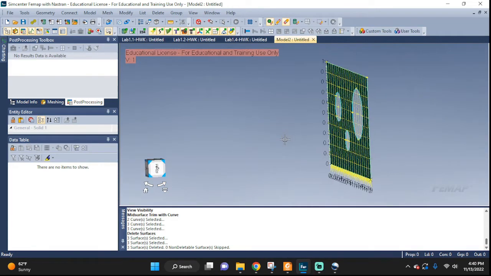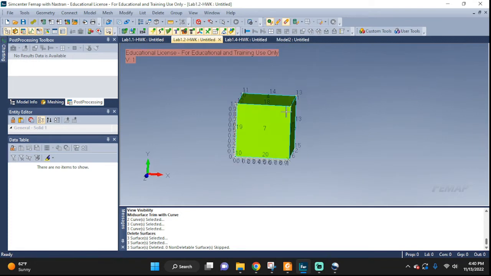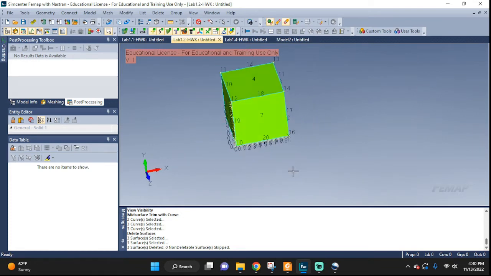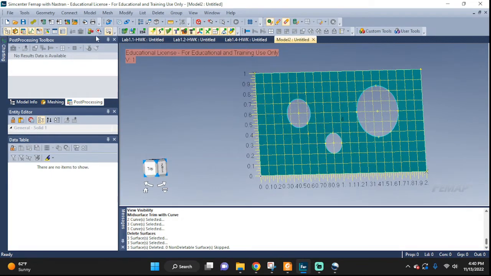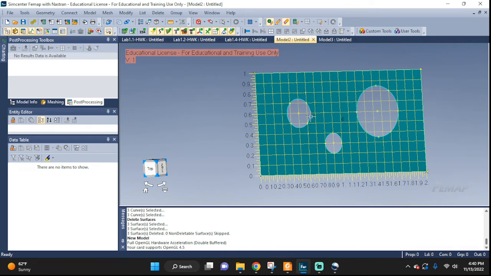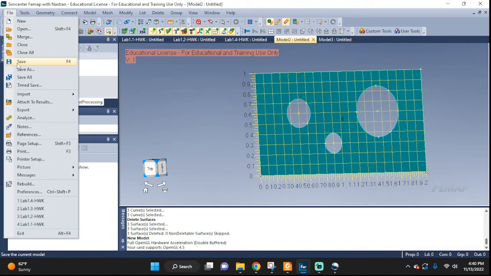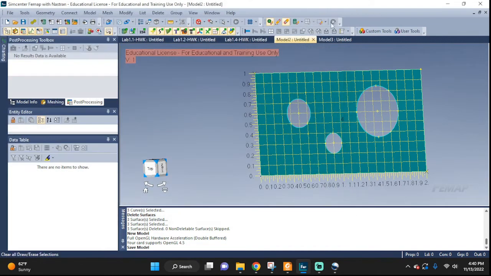Okay, so this one was a 2D model, right? Let's go ahead and try something 3D right now. We see this little cube right here. Let's try to create this one. Well, I'm going to keep this one. So let's go back and right here, ask for a new file. Here it is. If you want to keep your geometry that you just created, make sure you go to File and Save. Okay, and it'll ask you where you want to save it. Make sure you save your files, because if not, when you close it, it'll be gone,